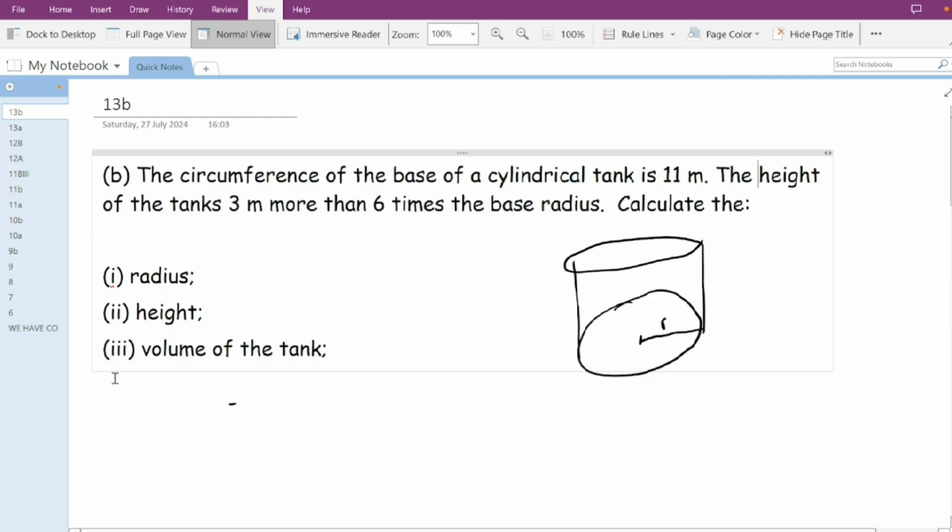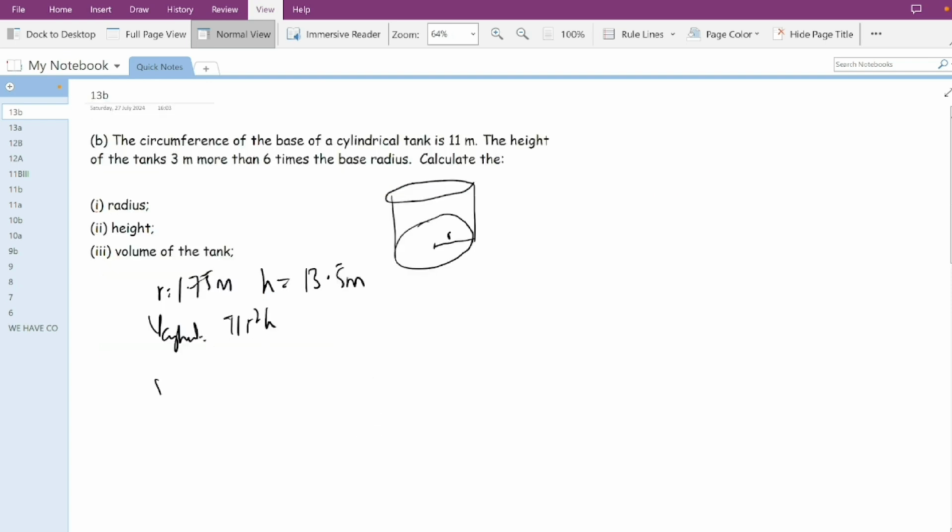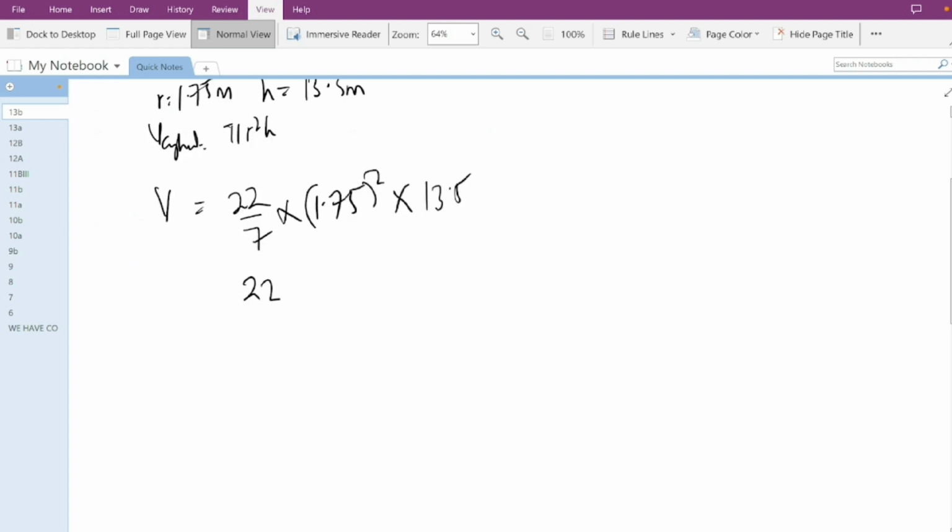Question 13b III says find the volume of the tank. We know our radius is 1.75 meters. We know our height is 13.5 meters. And we know the formula for the volume of a cylindrical tank is pi r squared h. So the volume of our tank will be pi, which is 22 over 7, times our r, which is 1.75, and since it's squared, you put it all squared, times our height, which is 13.5. Now we're going to say 22 over 7 times 1.75 squared. That's 1.75 times 1.75. With your calculator, you get